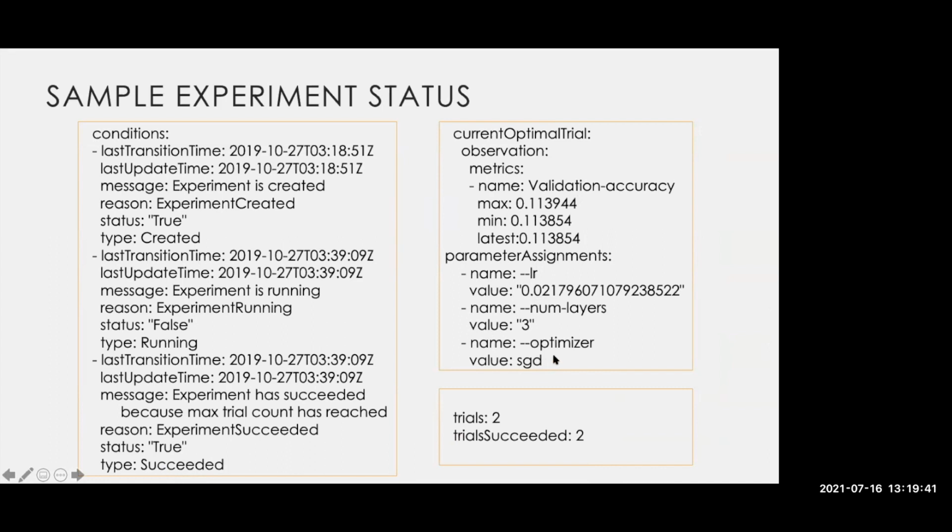I haven't listed the name, but there is a name you could use to figure out which trial corresponds to this one. So you could go to that particular trial and get more details about it. It also displays the number of trials which are ongoing, pending, as well as succeeded and failed. So you could get more information about the current status of the experiment.